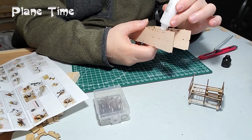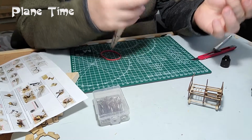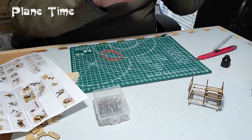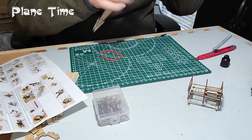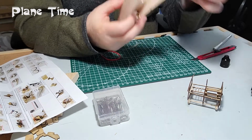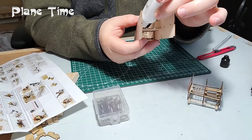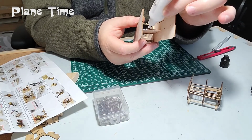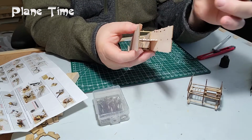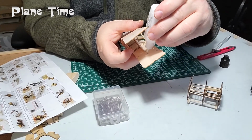So I'm going to put some glue on the tags. That's a little too much, but that's okay, because no one will see that back there. And a good tight fit for this is such an important piece. I've glued on the tags there, and I'm going to glue across this end of that B piece there, because that's actually going to be where the head frame joins on. And I'll put some glue into